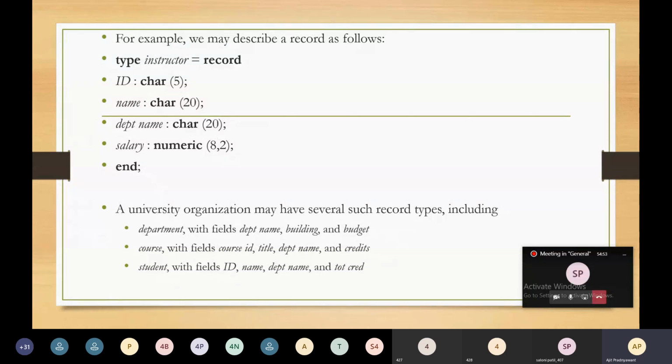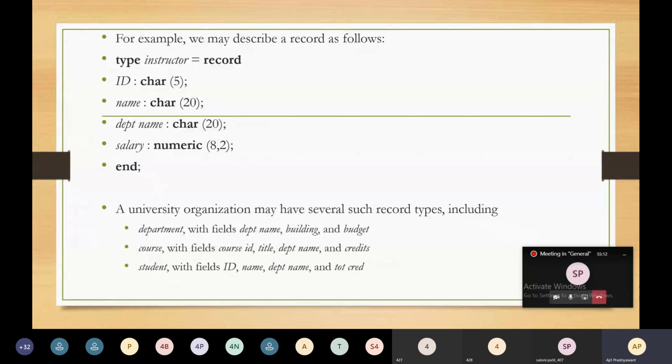For example, the university organization may have a department relation with different fields. Here it is department with department name, the building name of the department, and budget of the department. This could be one relation.